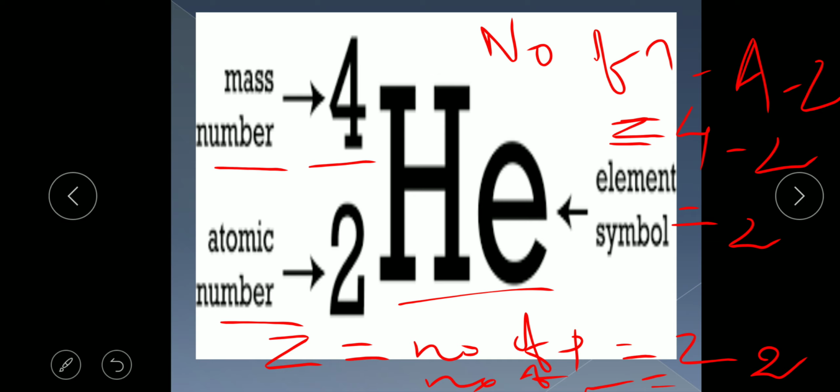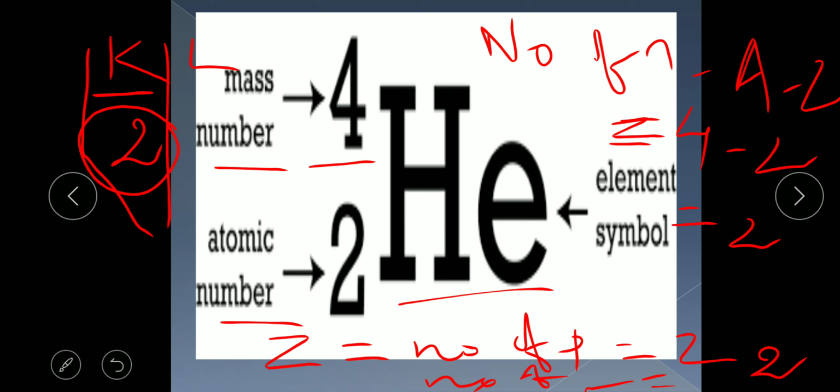How many shells? There are K, L. So how many electrons can be kept in K shell? That is 2. And how many electrons does it have? 2. Okay. So we will say that its octet is fulfilled, because the outermost shell, or only one shell, can accommodate 2 electrons in the K shell, and it already has 2 electrons. So will it give the electrons? No. Will it take the electrons? No. Will it do the sharing of electrons? No. So that is why it is having its duplet.